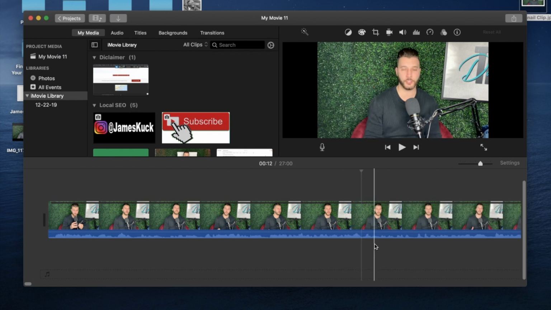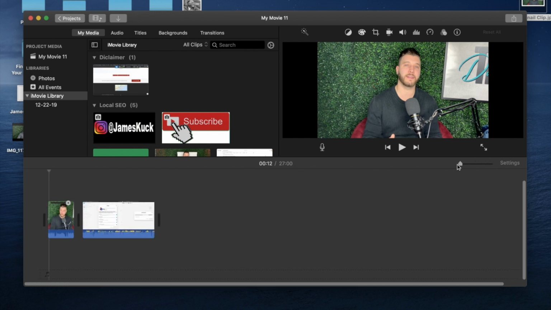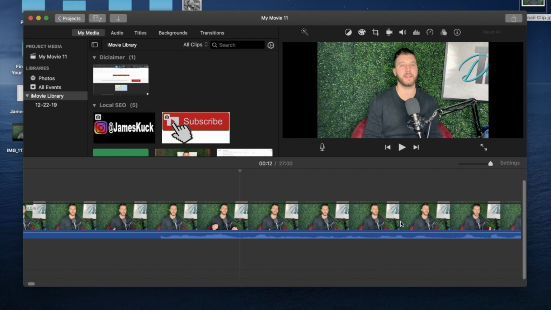There we go. Piece it back together. Now, what I like to do too is I like it zoomed in all the way. I want to be able to see as much as I can. So right here, this little toggle, see how small the video gets and all crunched up? I want to zoom in so I can see all the WAV files and I can go through this video